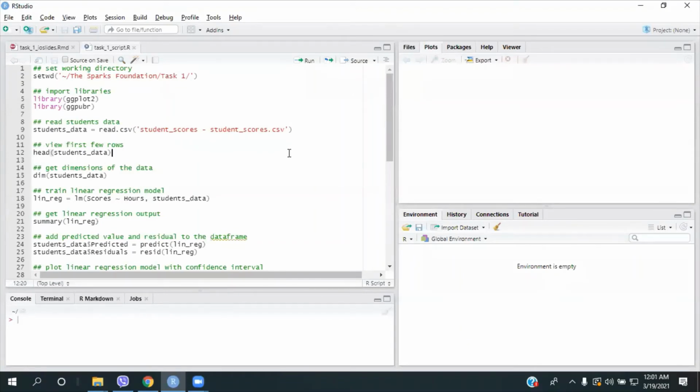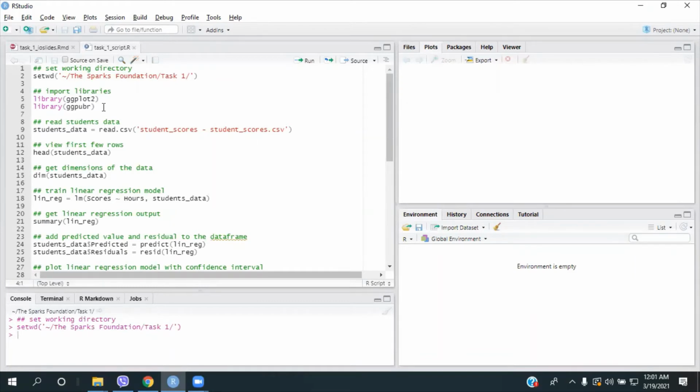Okay, so right now I am in RStudio and we will go through each code and see how we work on an analysis that involves linear regression. First we will start by setting a directory so that we can simply work with our files in just one directory. And I would say that this is the best practice when coding in R. So let me run this,